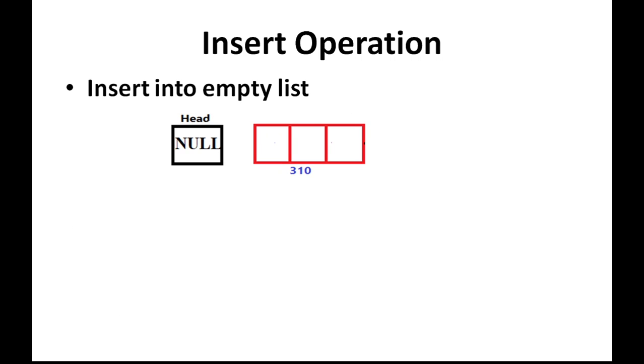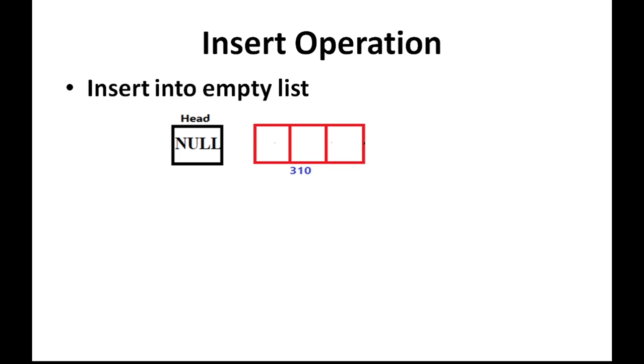Before actually discussing the algorithm for the insert and delete operations, I am going to show you a pictorial demo of how the insert operation is supposed to take place in the doubly linked list. One more point is that the insert operation has options. We can either insert into an empty list, or insert into a list that already contains some nodes, and we may be inserting the new node as the first node, as a middle node, or as the last node. So there are options available.